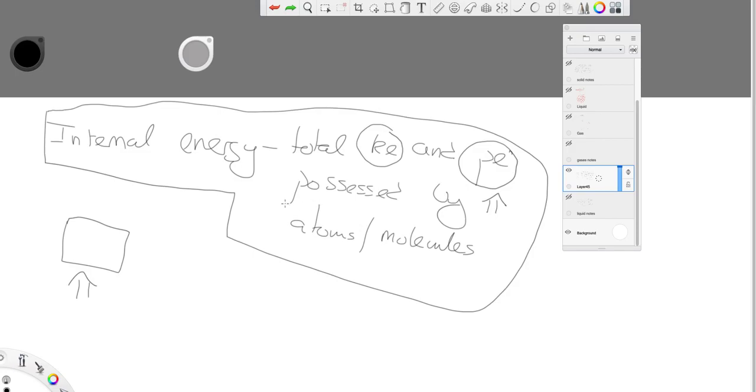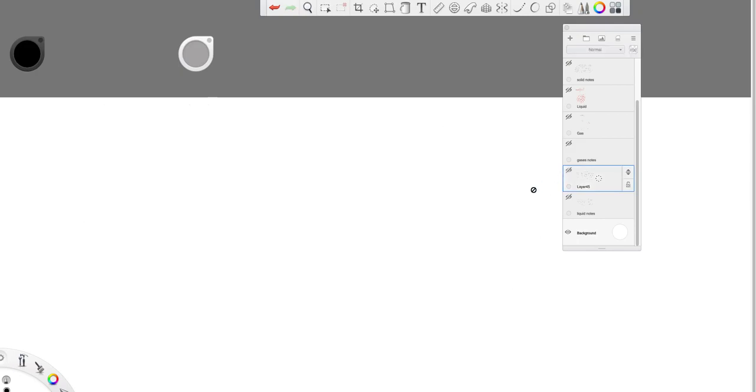So if you're talking about freezing point, you are melting your ice. They're at the same temperature, but there is more potential energy in the water because there is less order in the water. That's another way to look at it. So internal energy is a really important concept. It helps us to understand what's going on with changes of state, which we'll come back to. I just wanted to mention that while I was at it.